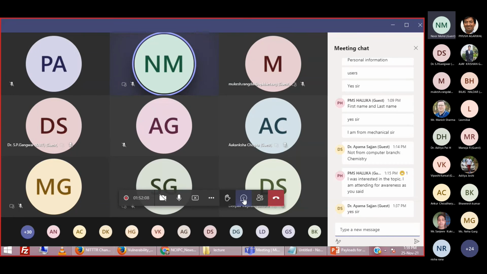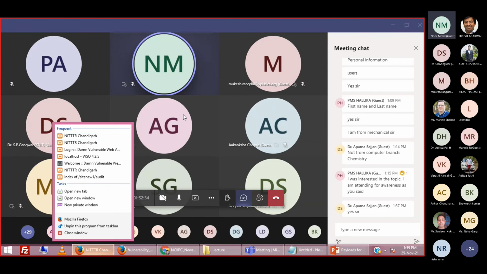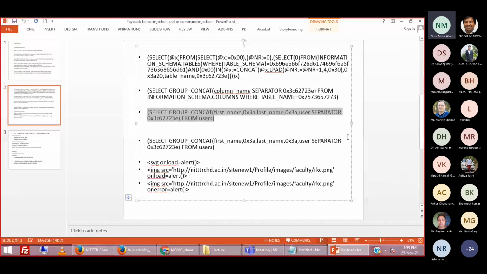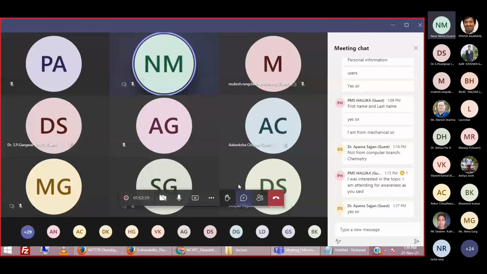And if the website administrator has good faith and a good mindset, definitely he will reward you. He will give some bug bounty, right? So never ever try these things to harm anyone or to blackmail anyone, because you will be in trouble. Once a cyber case is registered against you, definitely you will be in trouble. So this is all from my session, and if you have any doubt, you can ask. I'm here only. I hope I explained everything with respect to my session.